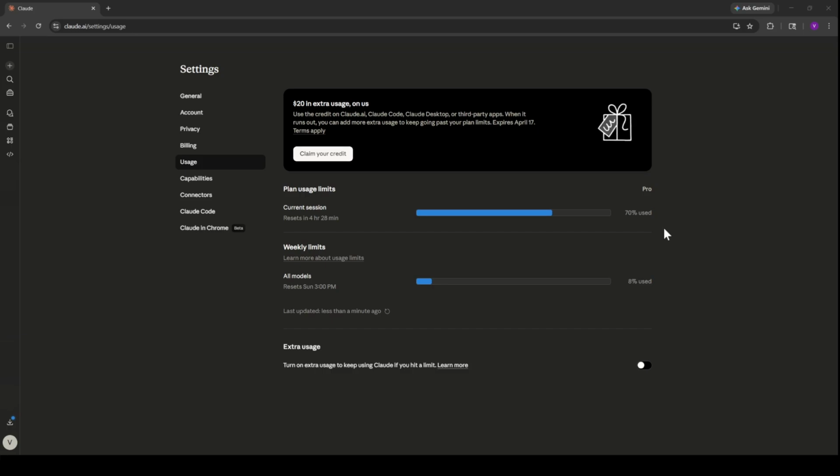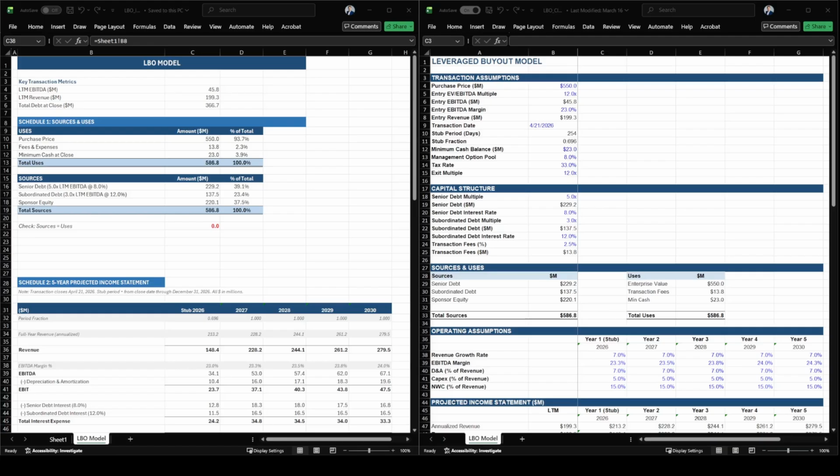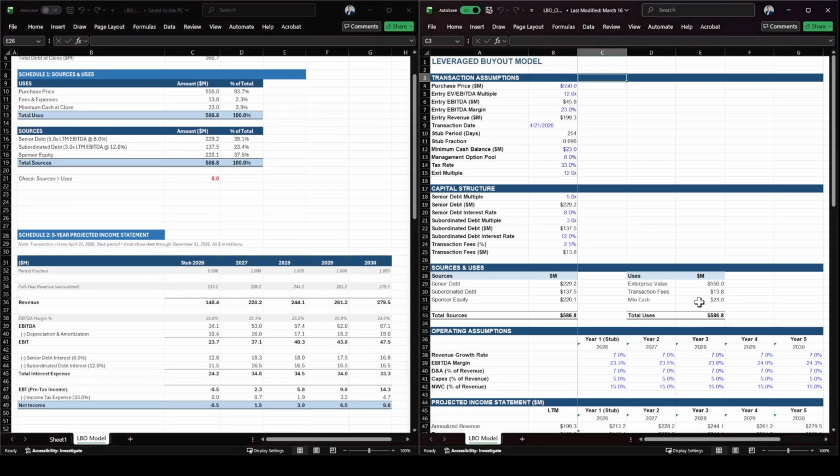And now that it's complete, we're going to jump over to see the Excel file and compare it to the one that it had built using Claude and Excel as we had done in the prior video. So here on the left is what it just built out, and on the right we have what Claude built out using Claude and Excel as we had done in the prior video. And so if we compare the two, we see that the sources and uses align exactly. If we jump down to the income statement,